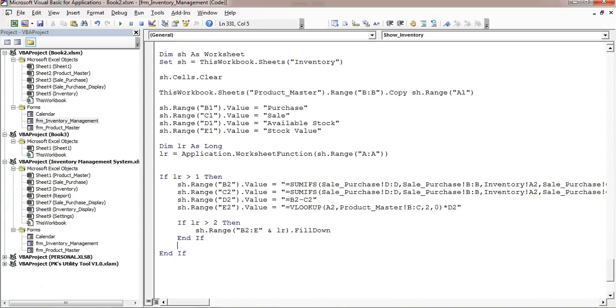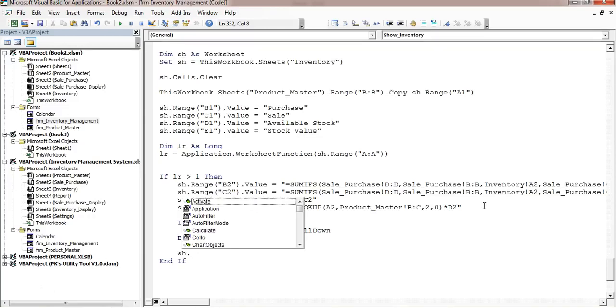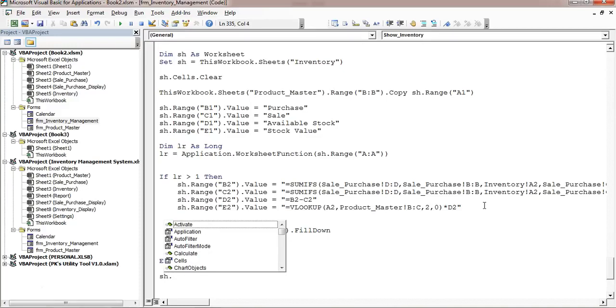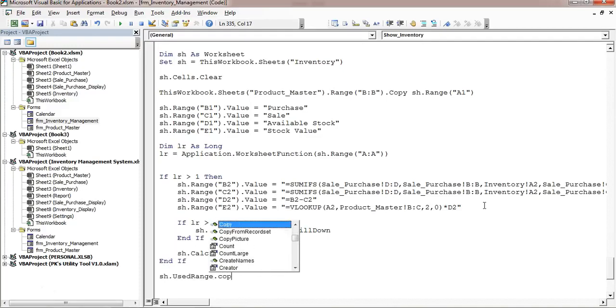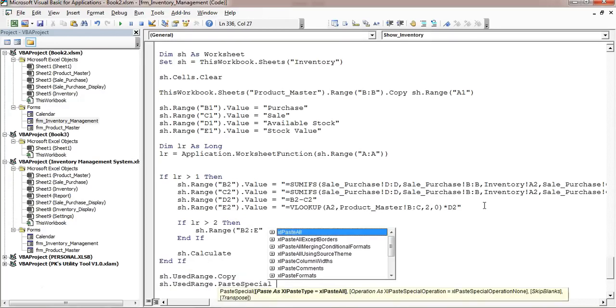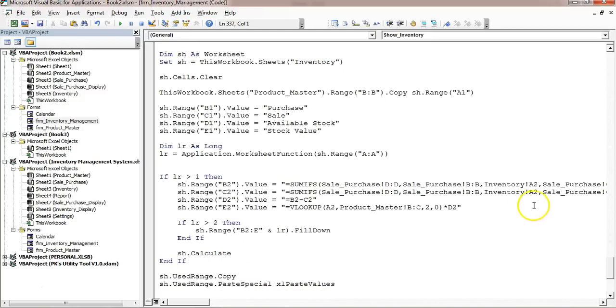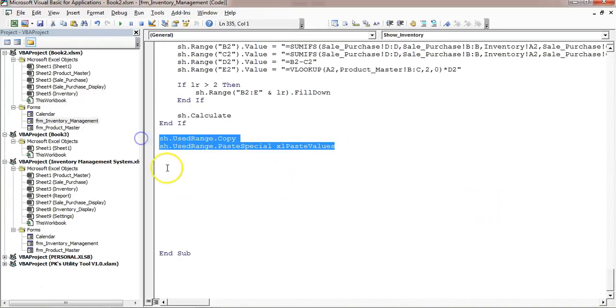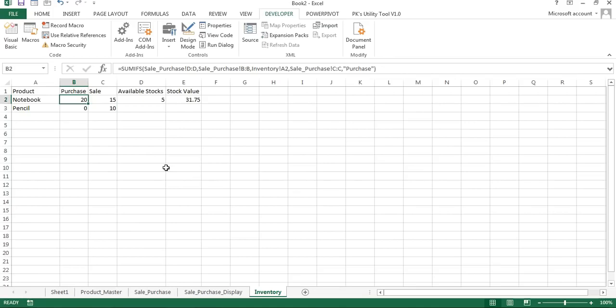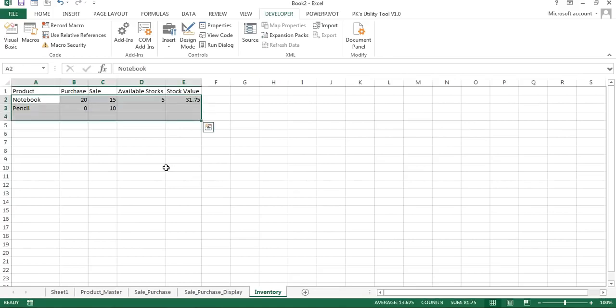Alright, so once we have filled down this formula, make sure you have calculated the worksheet. If somebody has put the calculation mode manual, then the formula may not update. So we will use here sh.Calculate. Alright, now here sh.UsedRange.Copy, and we will use sh.UsedRange.PasteSpecial values. So we have removed the formulas. Alright, so we have created here the inventory sheet. All the data will be available here.